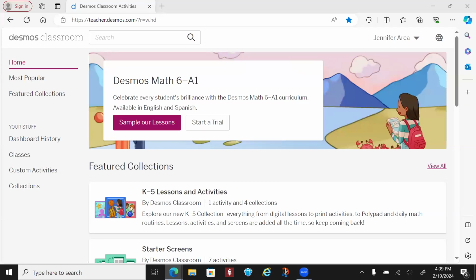The next app that I want to explore and share with you is called Desmos Classroom. It's typically used for math, but I can see that it would be a good tool for use in other content areas. When you search for lessons, most of the lessons in here are standards and objectives that are for